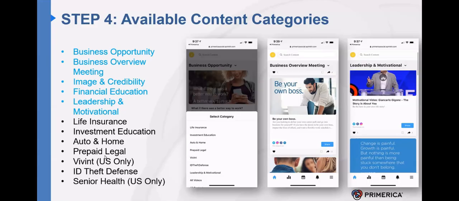Those listed in black are those that do require a license. So once you do become licensed, then these content categories will become available for you. It is important to mention that the content topics that you see there come directly from you, the field. It comes from feedback that we've received at events, feedback from surveys and analytics of engagement from Primerica Social and